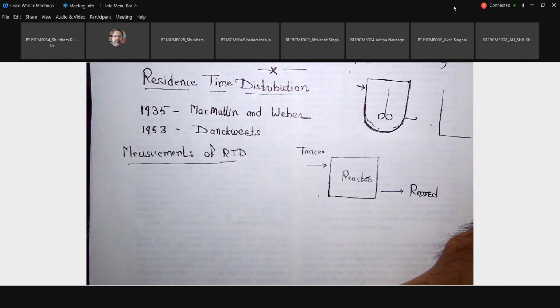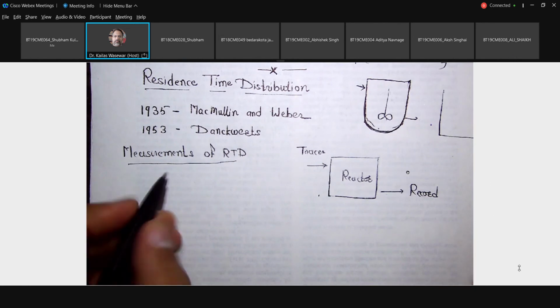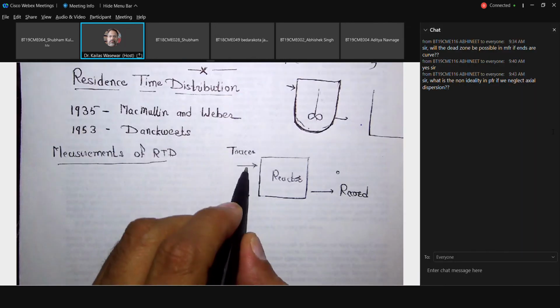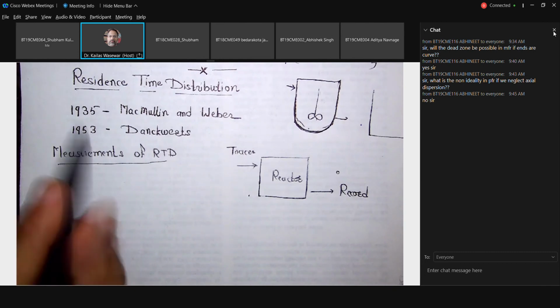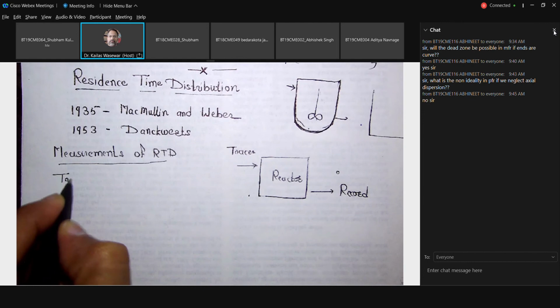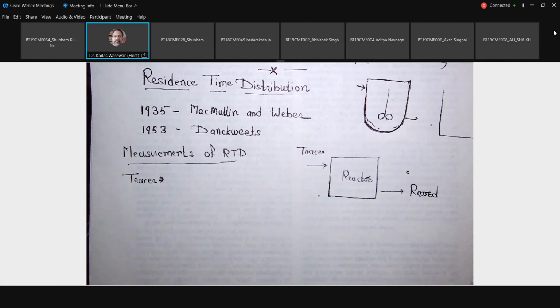So, measurement of residence time distribution. Yes, anything, Abhinit? Okay. Now, when we are going for the measurement, generally we use a compound which must be inert. So what kind of tracer can we use? Tracer is the material which is used to measure the residence time distribution in that reactor. So it must be inert,